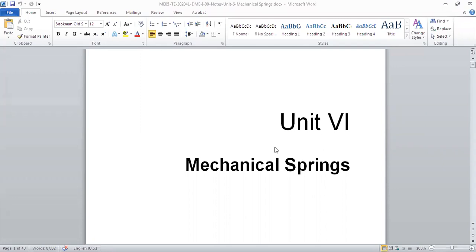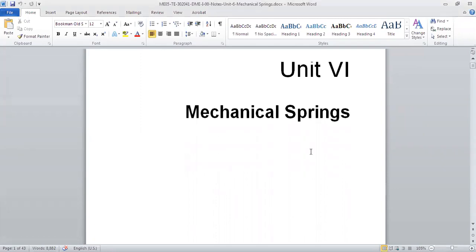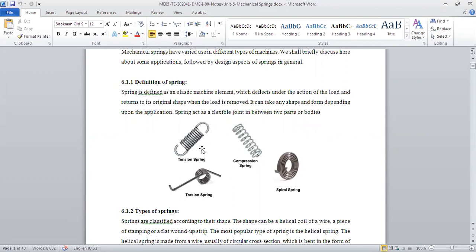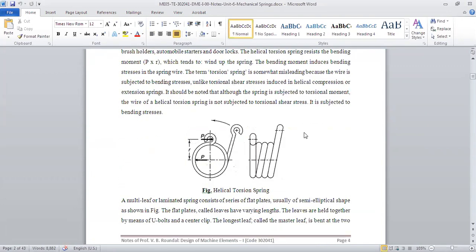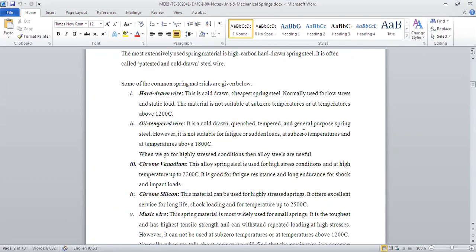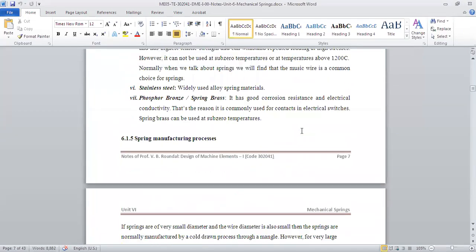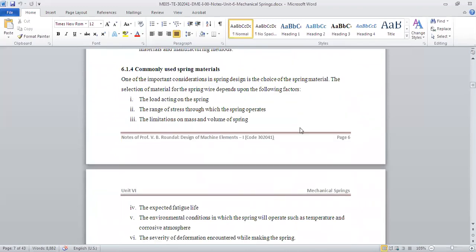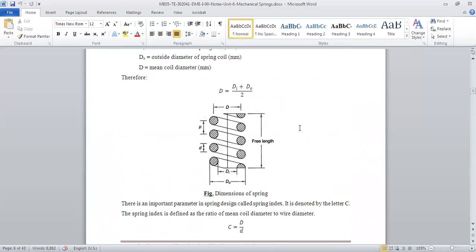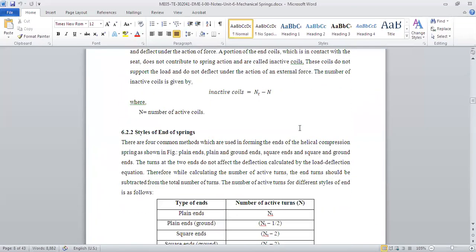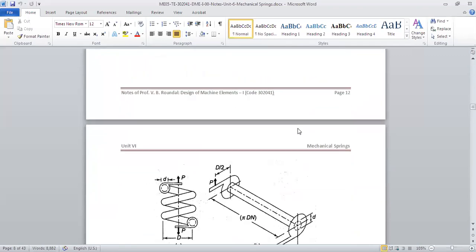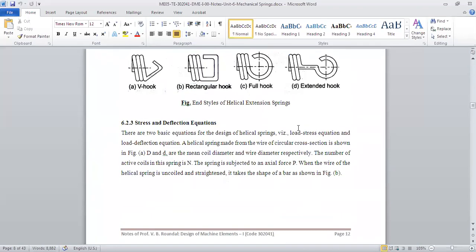Basically, we have gone through some basics of the springs till now. In that, we have seen the different types of springs, different ends of the spring, applications, why a spring is required, and different materials for the spring. Then we have basic concepts like the nomenclature of the spring, free length, solid length. We have seen the ends of the spring, and then we started the design and the stresses in the